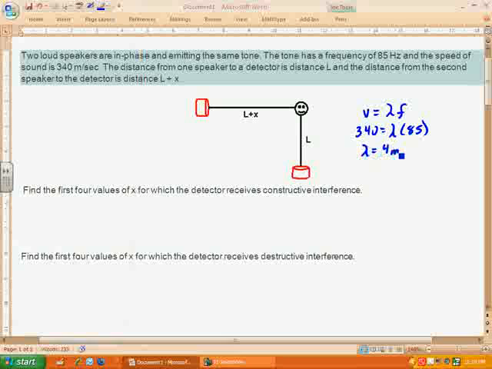Now that's going to be important because when I look at constructive and destructive interference coming from different speakers, I'm looking at the superposition of the waves. And remember, the important thing when you have constructive interference is that the two waves are giving you the same part of the wave at the same time. When you get a crest, you're getting a crest. When you're getting a trough, you're getting a trough. If you get somewhere in between, you're getting the same place in between. That's what allows you to have that constructive interference that has the really big change in amplitude,